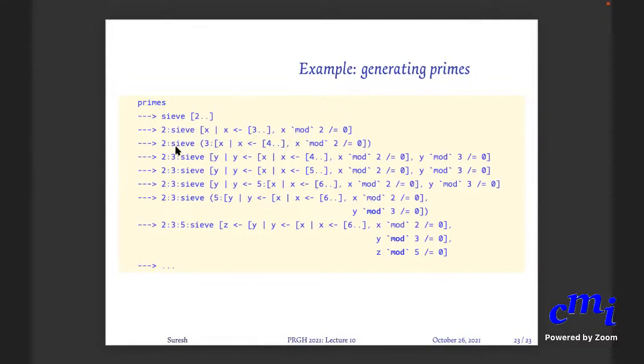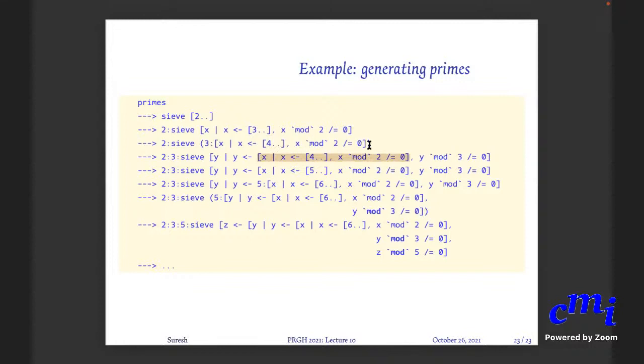But now sieve of p colon x's is nothing but p colon sieve of something you have to do. So 3 colon. So you are taking 3 here and putting it outside. Now you want to apply sieve on this whole result. Sort of. You want to apply sieve on this, this is your x's. So see, this whole expression is your x's now. Okay, this is your p. You have put p outside and you have to apply sieve of y such that y belongs to this list. This whole expression is the list. Okay, such that y mod 3 is not equal to 0.